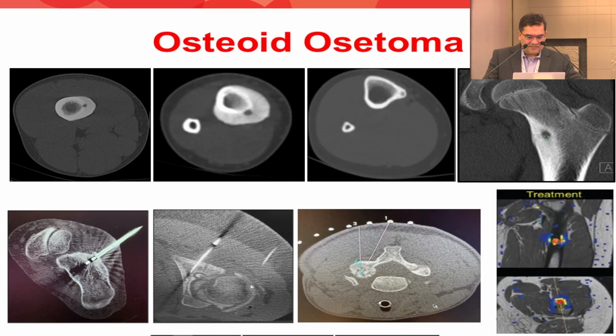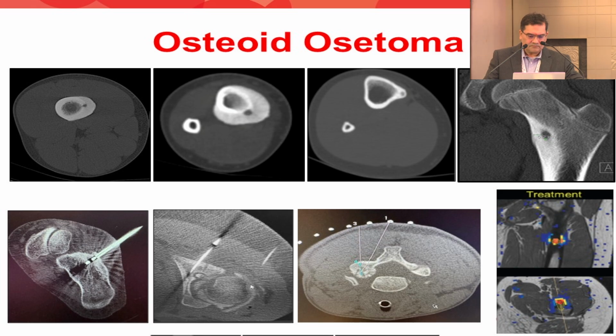We won't talk about osteoid osteoma much. We've seen that this is very well known in the literature. In fact, it has replaced surgery and other minimally invasive techniques. And this is just to show you that osteoid osteoma can be treated by radiofrequency ablation here on the left. It can be treated by cryoablation. It can be treated with HIFU, and we've done it all. I reserve the cryoablation for locations that are a little more tricky and next to critical structures, but we use RFA as well.